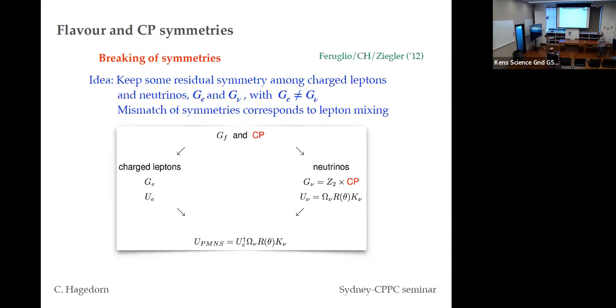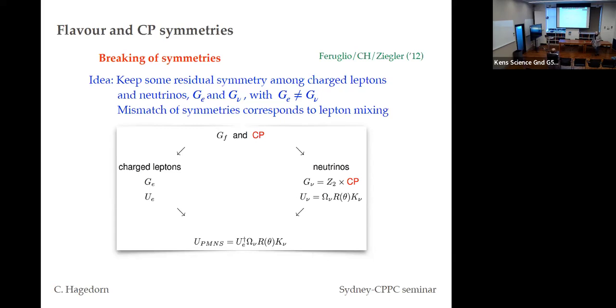If I understand this correctly, you're breaking GF on the left hand side to GE, with CP broken, and on the right hand side you're breaking GF down to Z2, and the CP is still conserved. Exactly. What would happen if it wasn't there, if it was there on both sides? Obviously, you wouldn't break it at all, and I would always get trivial phases. Right. And this breaking is